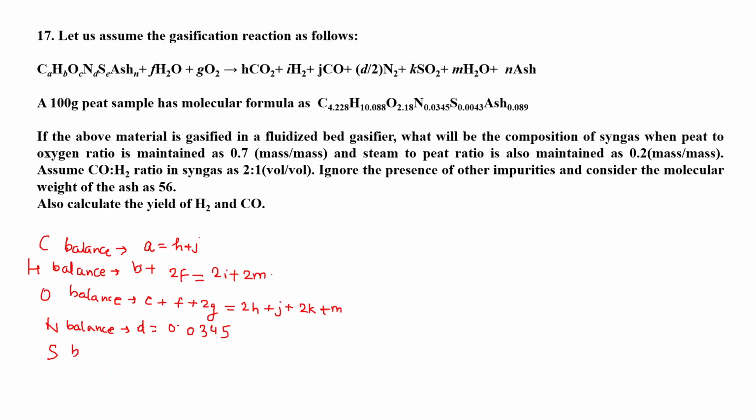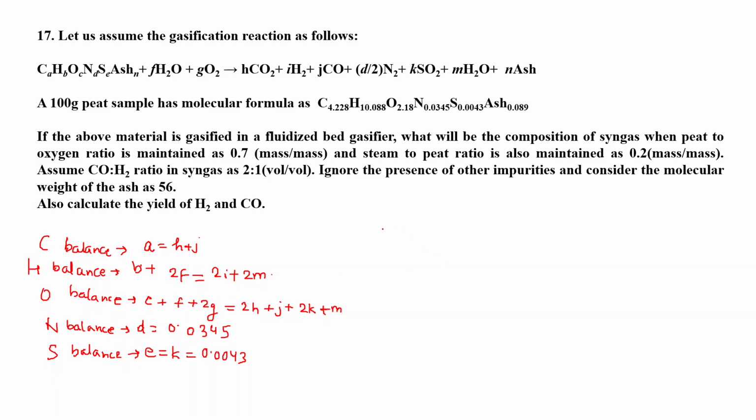Sulfur balance: E equal to K, and which is given as 0.0043. Ash balance is not required. Okay, then